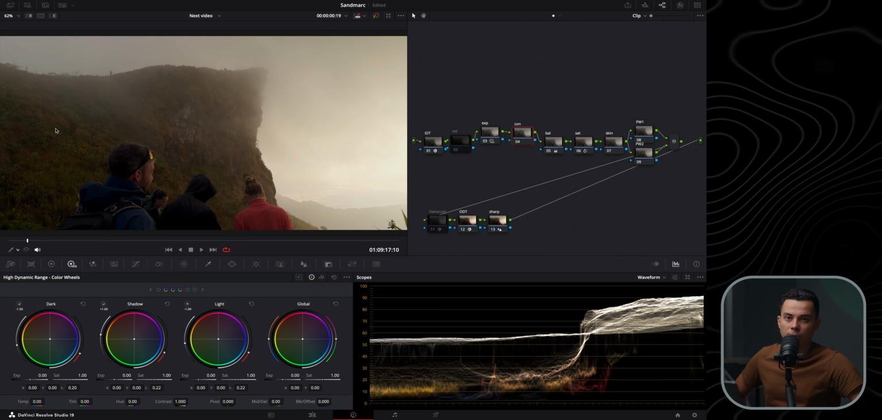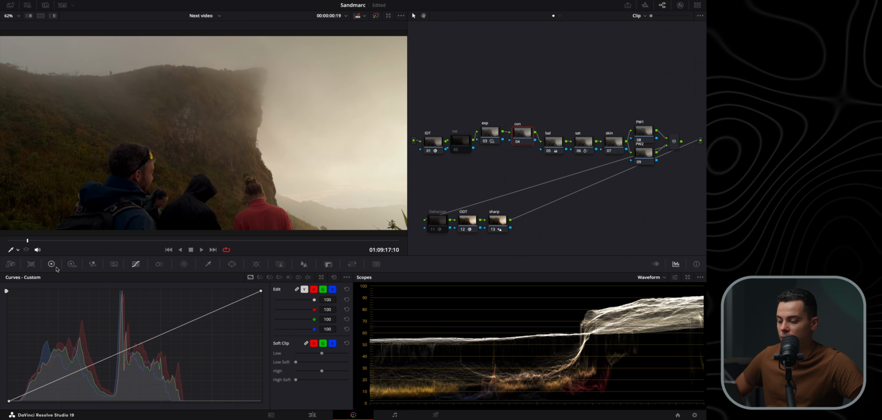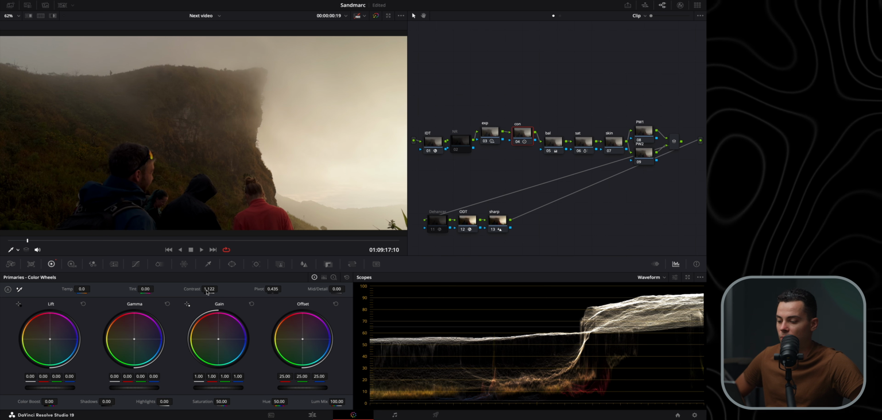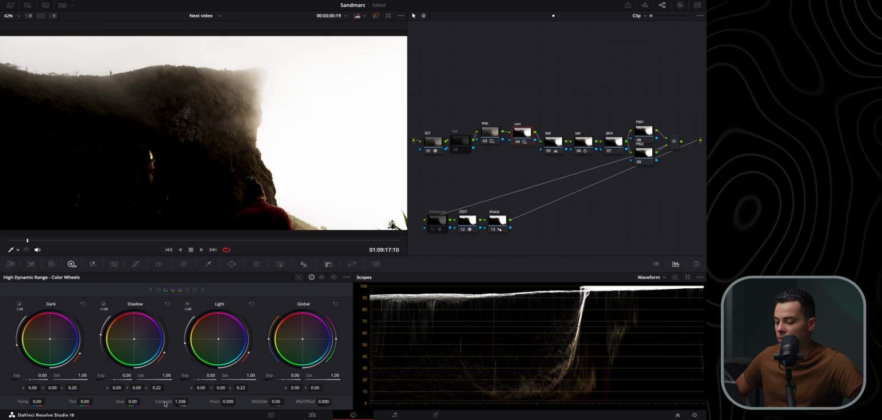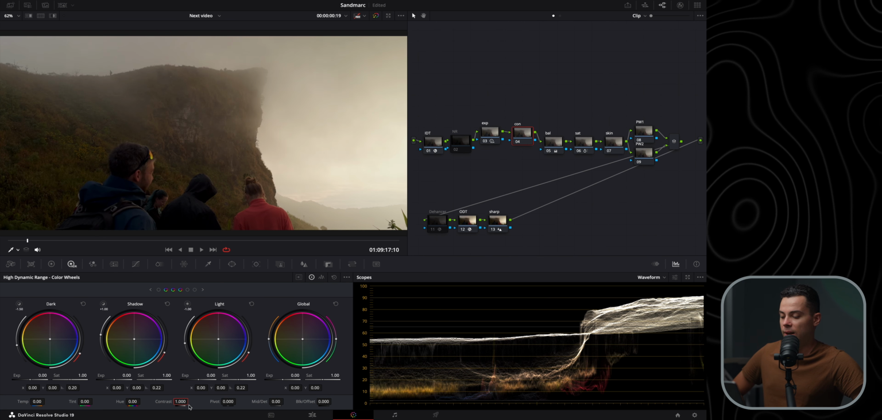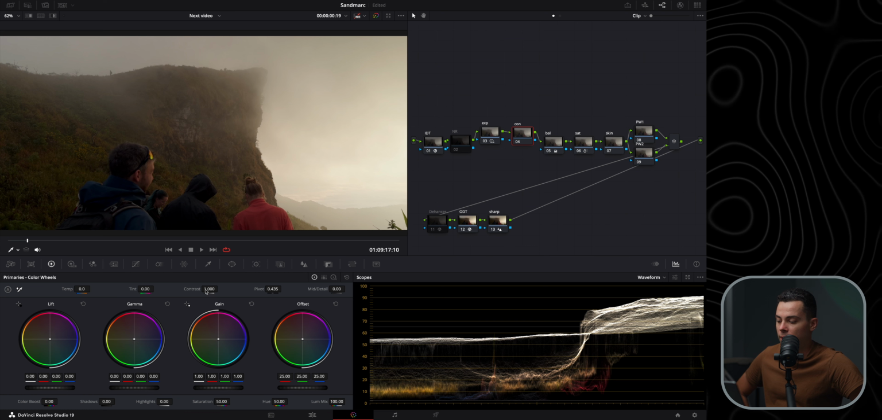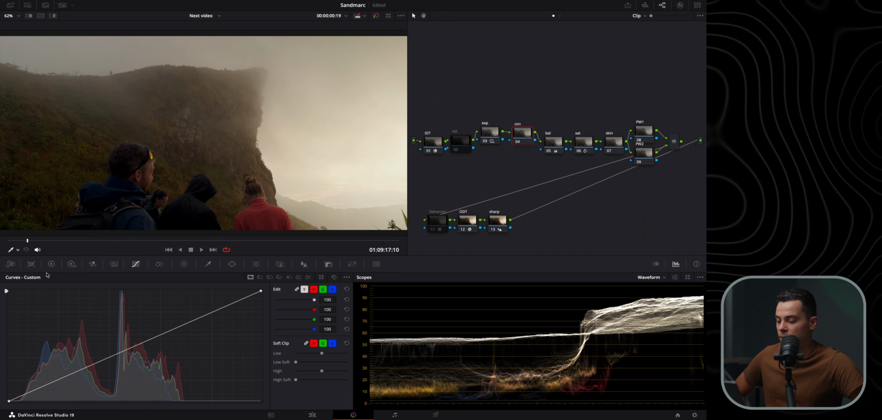And my favorite way to add contrast is with the curves in here. But you can use the contrast slider in here. Do something like this if you want to, or the contrast slider in here. It's basically the same thing, more or less, just less strong than the slider in here, but the results are more or less the same. But I am going to use this